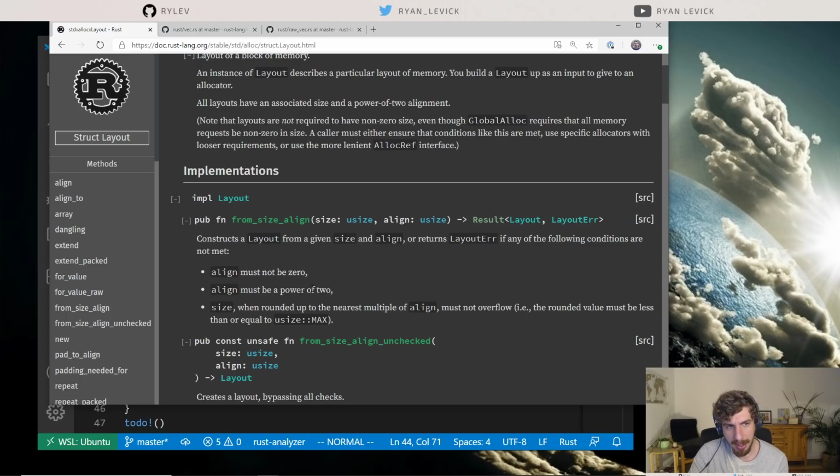So the align must not be 0. We're going to call std::mem::align_of::<T>, and we know T is not 0 sized, and so align must be non-zero. And in fact, I think even 0 size types have an alignment that's non-zero. Align must be a power of 2. std::mem::align_of, will it,